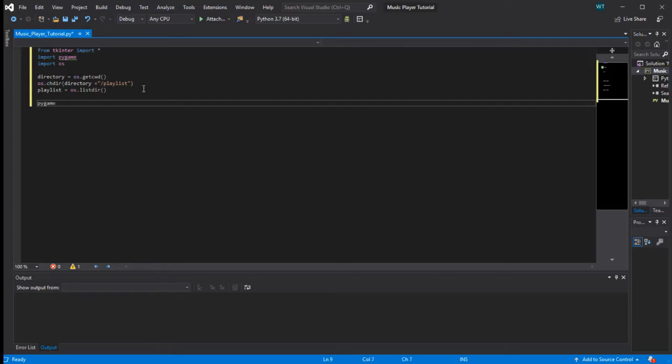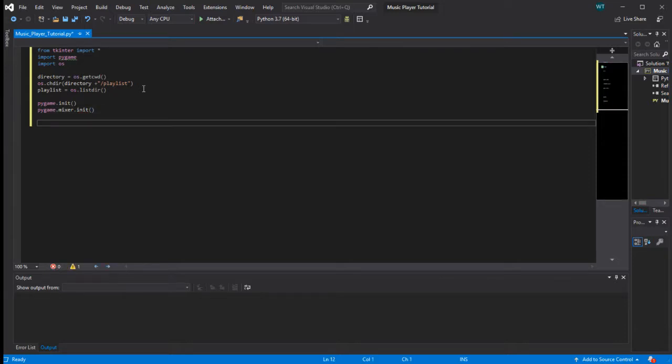Next we want to type in pygame.init. This will initialize Pygame, so everything is made and up and ready to work. Then you want to initialize a mixer for the music to be played, so mixer.init open bracket close bracket. Now we're going to set up the window, so root equals capital T, K, lowercase k, open bracket close bracket. This is going to set up the window, and the window is in the variable